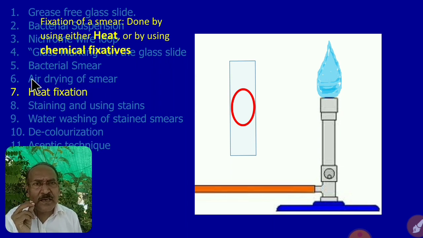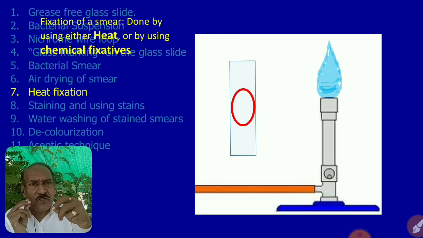What exactly is this heat fixation and what does it do? When you do heat fixation, the water which is present in the interface of a bacterial cell surface and a glass surface is also dried off, and that is how this dehydrated cell gets stuck to the glass surface. When you let water flow on the bacterial smear, because of a partial dryness of the bacterial cell surface and partial dryness of the glass slide within this interface, the cell doesn't get removed quickly by water flow. So it remains stuck to the glass slide surface.